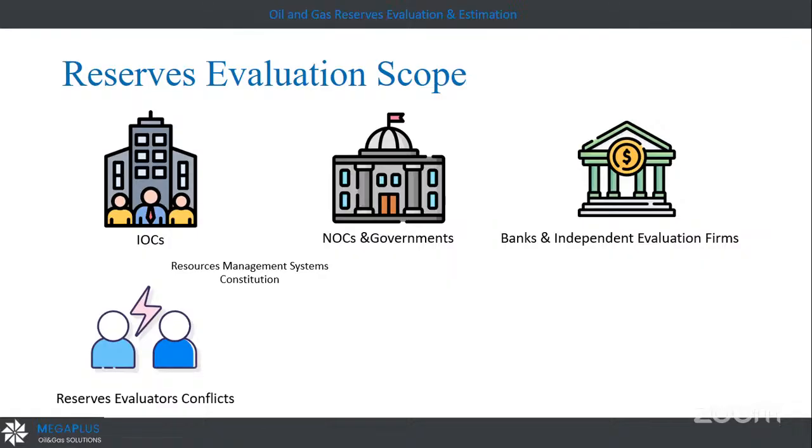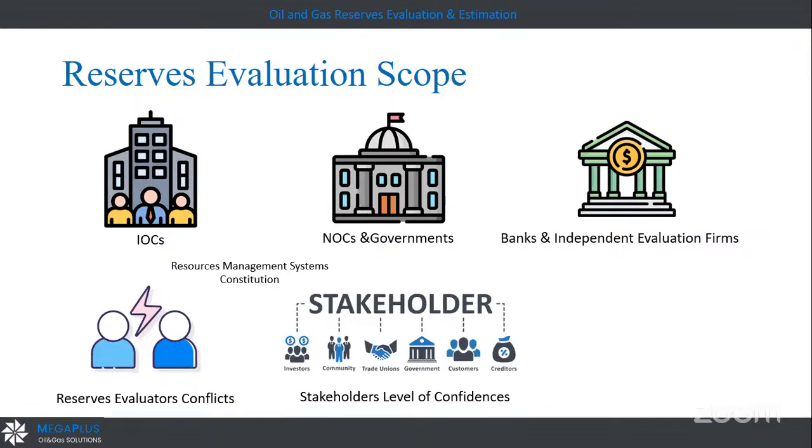It will be a management system that says we have approved reserves and we have probable reserves. It's like a constitution or guideline. After that, the stakeholders will agree, but with a level of confidence. We all agree that if we have an oil in place or reserves of, say, 2 and 10, we are confident that it is 2. But fewer stakeholders are confident that it is 10. So it's about the level of confidence.